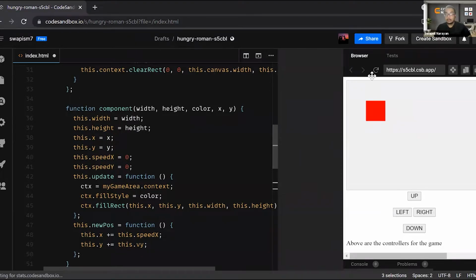I also want to let you guys know that there is this shortcut in VS Code.